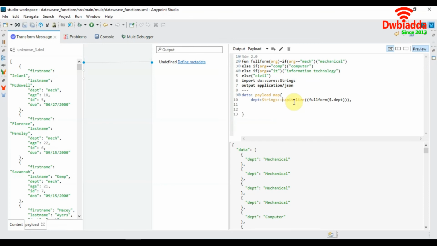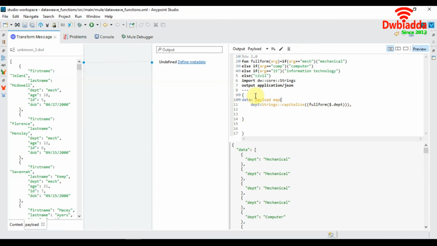So now that we have looked at the functions and modules in DataWeave, let's look at other operators. Let's say you want to group all the students by the department that they are in. So to do that, to group students based on their department, we will have to first enclose our data in a set of curly braces.